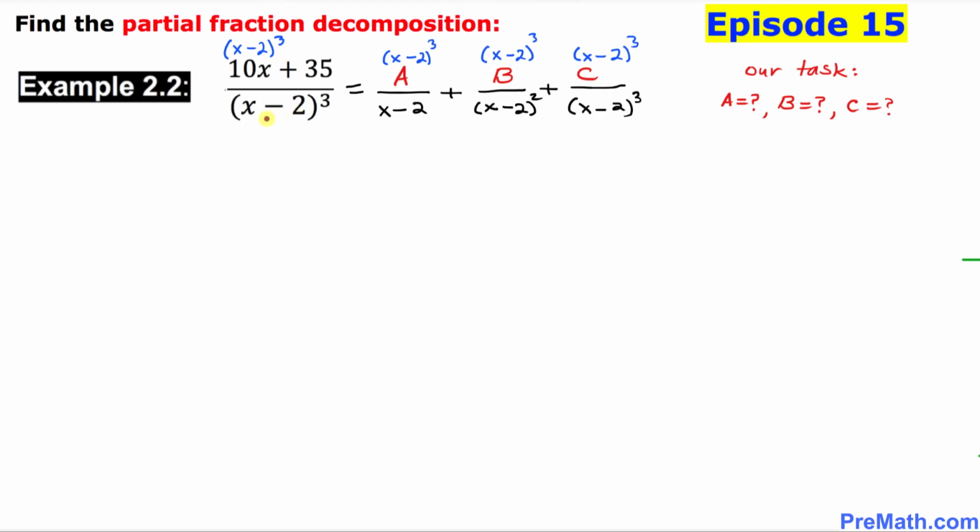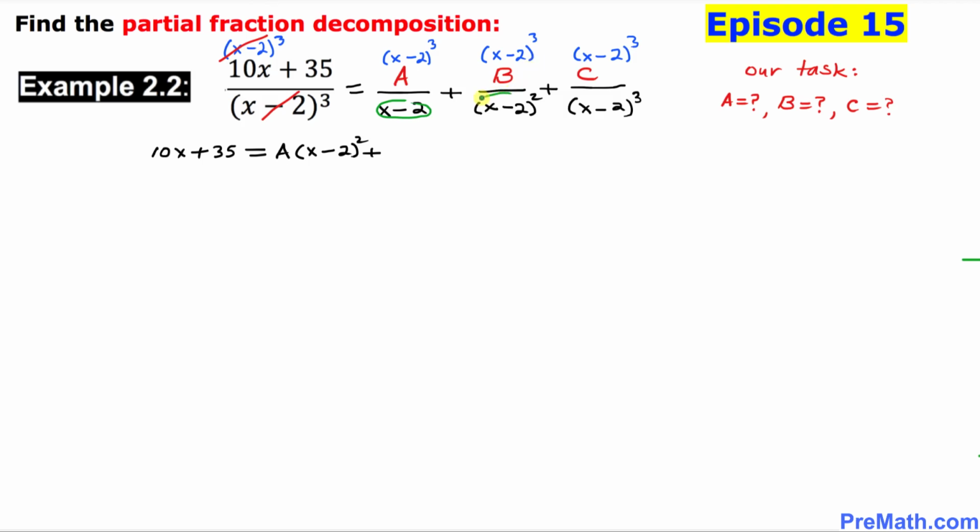And now in the next step, we can see that this (x - 2)^3 crosses out with this (x - 2)^3. So we are left on the left hand side with simply 10x + 35 equals, and as you can see over here, this x - 2 crosses out with one of these x - 2 factors. So we simply end up with A times (x - 2)^2 plus,